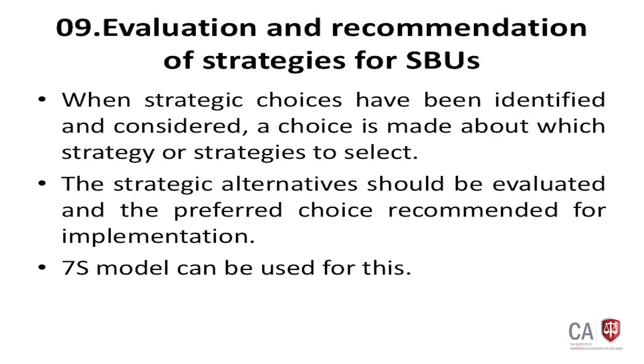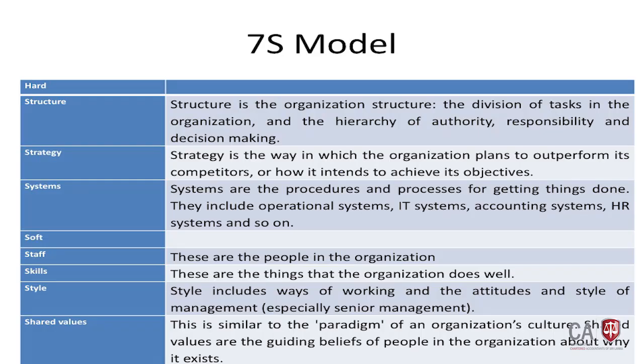Then how can you do that? The strategy alternatives should be evaluated and the preferred choice recommended for implementation. From that evaluation you identify the best strategy. So the 7S model is one of the strategy models we can use, and later we can identify the SAF model. These two models are very popular,